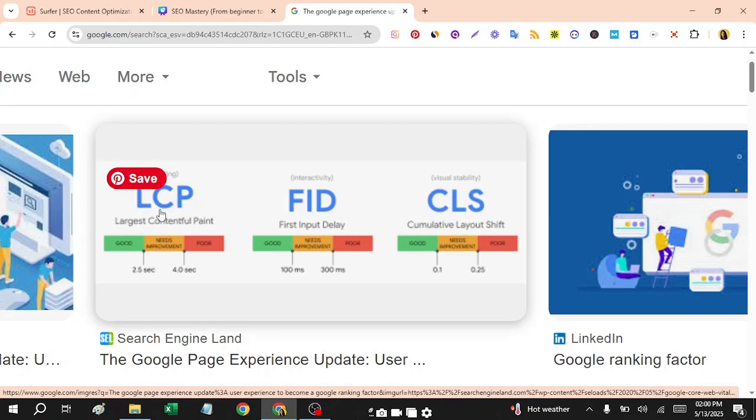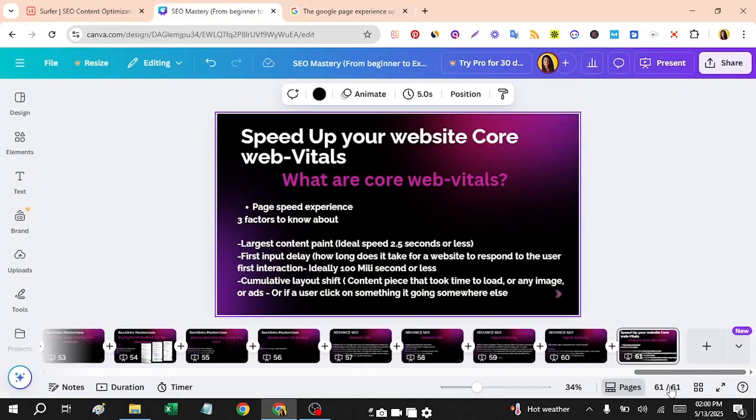So what is this LCP and FID and CLS? Let me show you here. LCP stands for largest contentful paint. Ideal speed is 2.5 seconds or less. Largest paint is actually your website loading time.